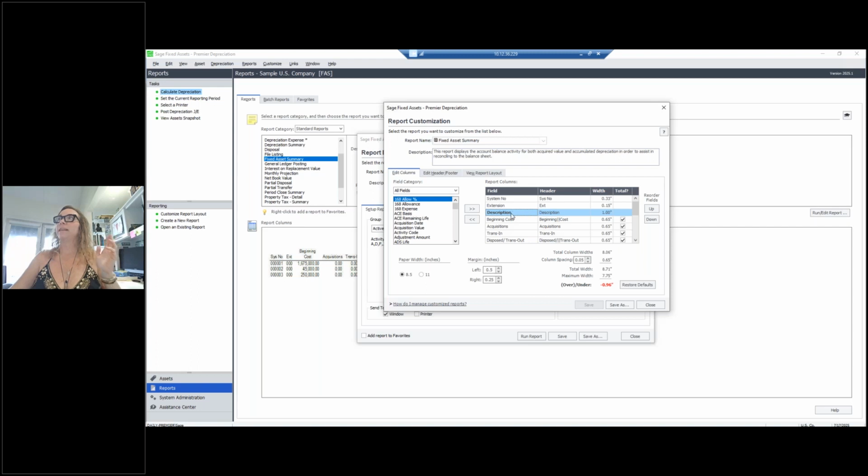Okay, so now I have it right next to my system number and I have it really long. But what do I not need out of this, or what can I make smaller? If I know I want all these to be the same, then I need to mess with my margins. Now I know this is pretty big, and you can see that this is going down. So red means I'm out of my margin space, okay? What I need to do is, just like in accounting, we don't want any red, right? We don't want to go in the red. We don't want any of the red in our reporting either. So we might need to change with this,